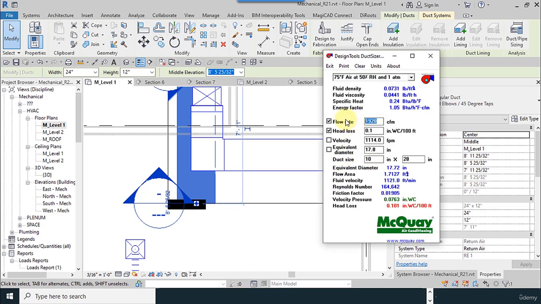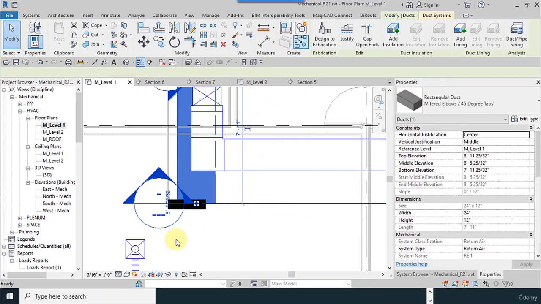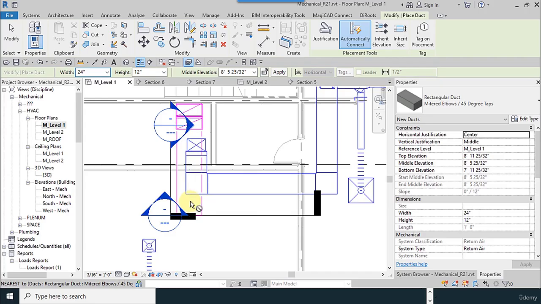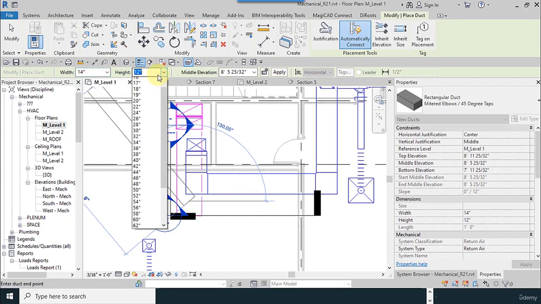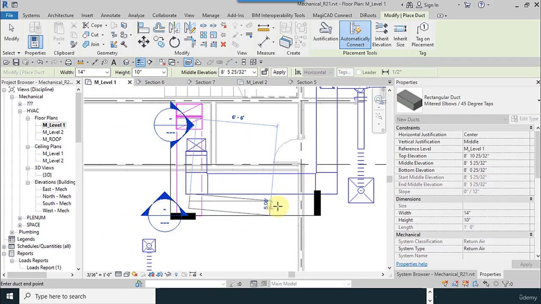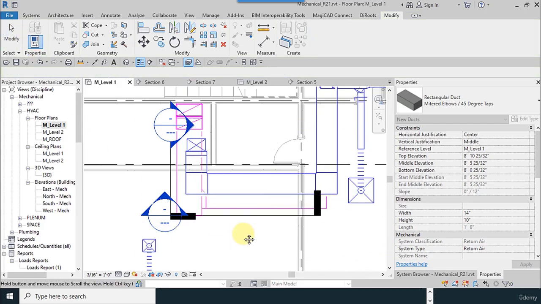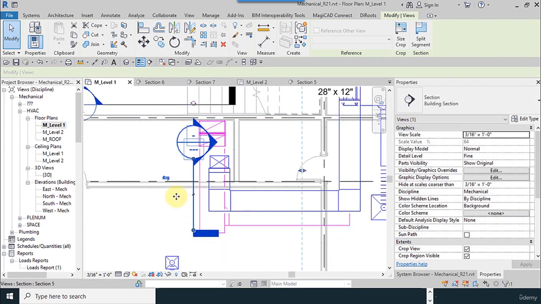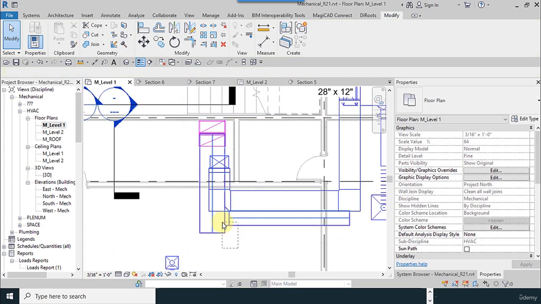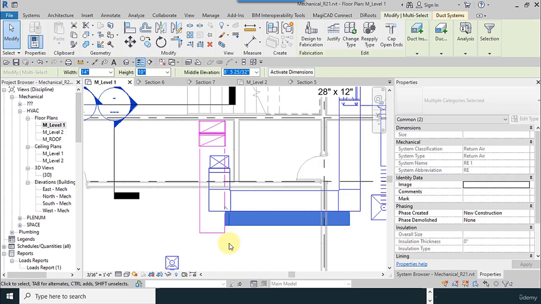So I use 10 for height and 10 by 14, create similar, 14 by 10 as a height. I extend it to here. I move these section planes to make some space. I move it upward,